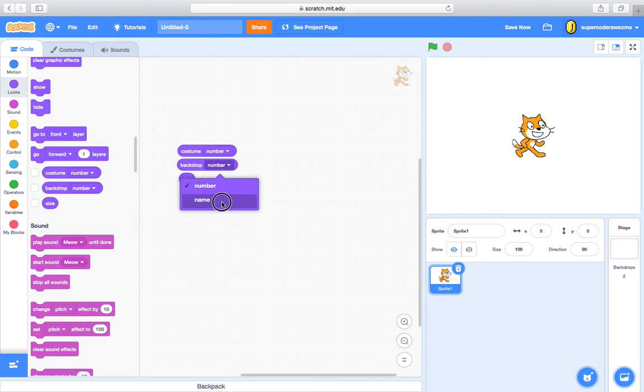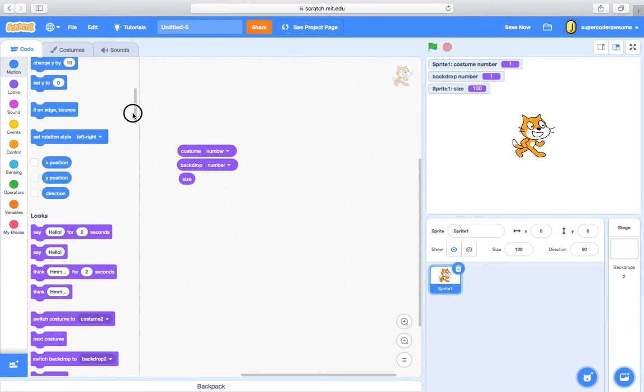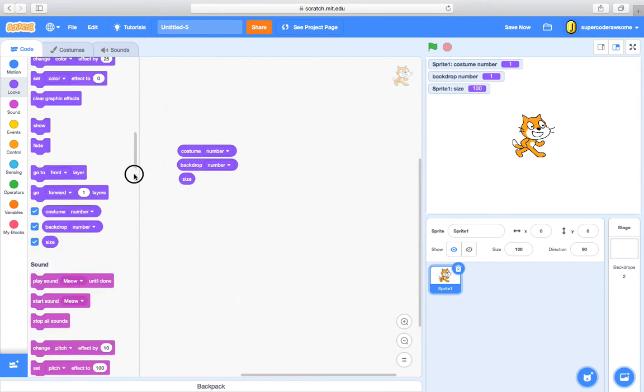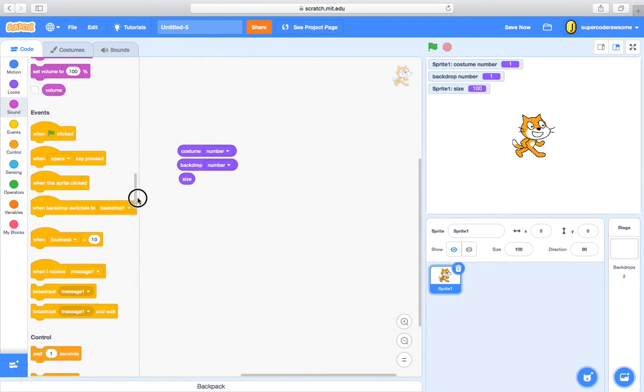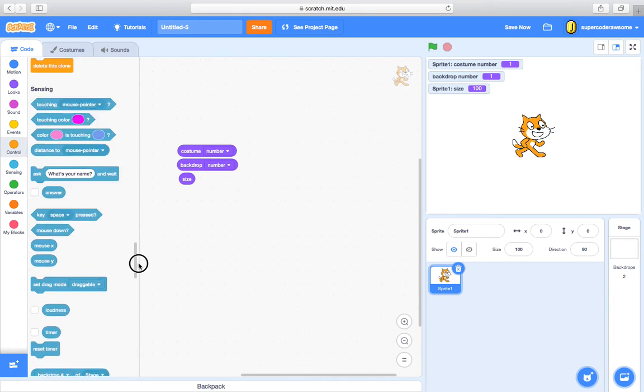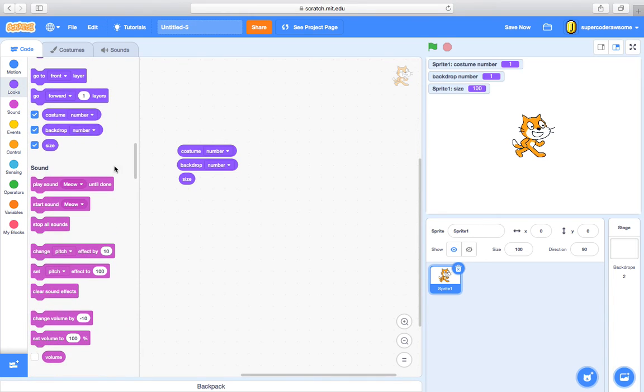If you do the backdrop name, backdrop 1. Backdrop number, number 1. And size, you can see 100%. And you can also tick these boxes just as we did for the X position, Y position, and direction. So it will always update you. Sorry, I just gotta find it here. Alright, so those are all the